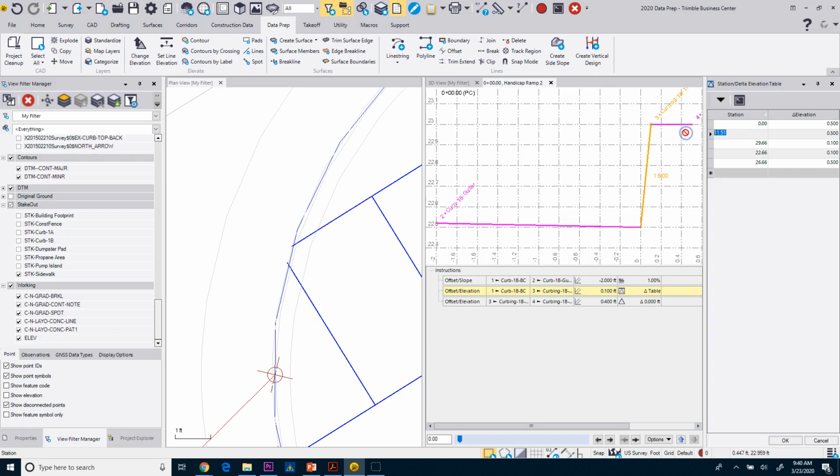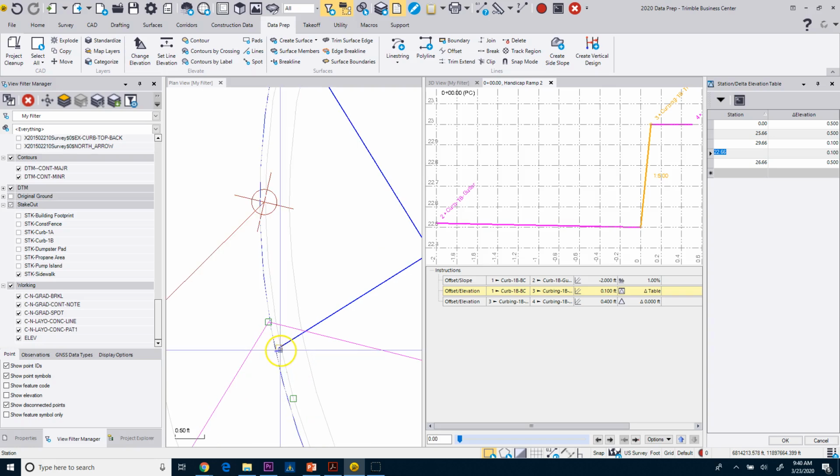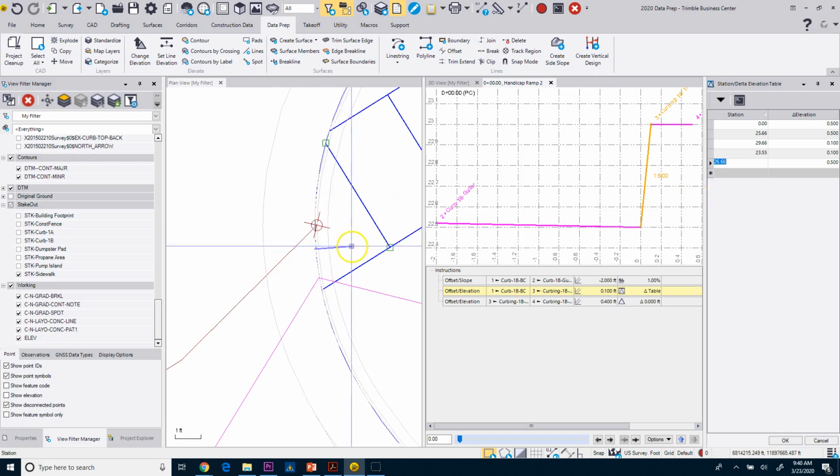So this one here is going to be basically 29.66 minus 4. And that's going to be a half a foot. Okay. And then this guy here is going to be this station or distance here. And then I'm going to come in here and